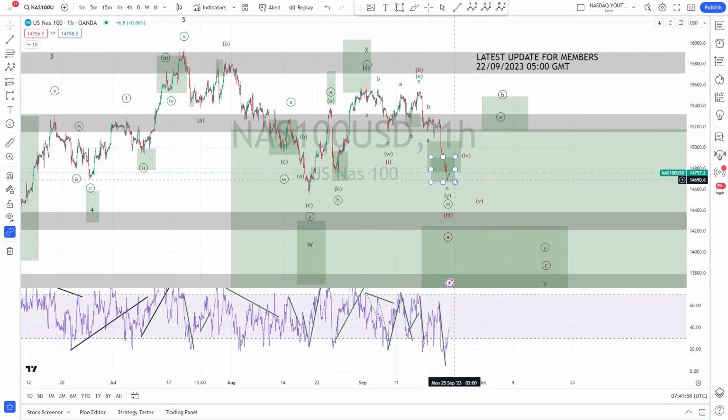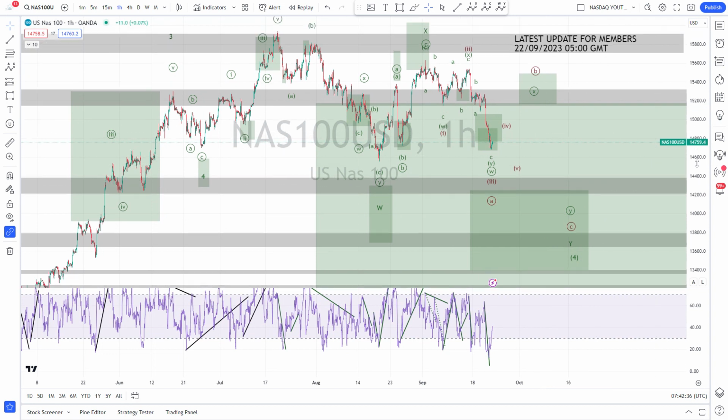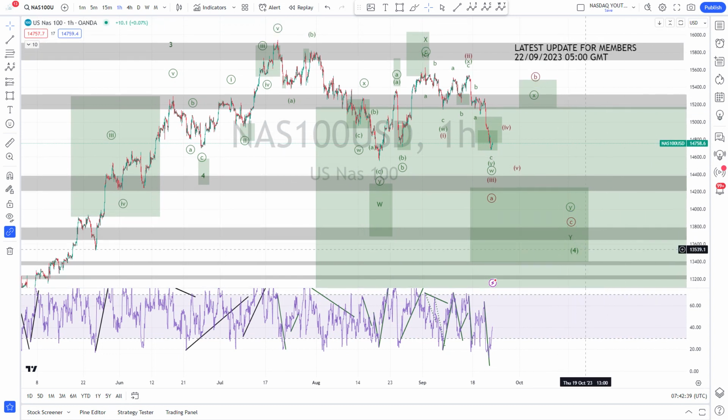If this low more or less holds, or maybe we could also have a marginal new low from here, but not really a distinct 4 and a 5, then I would go for the WXY scenario, and then actually the move is quite similar. After this down move as a wave W, we can expect some upside as a wave X, followed again by a wave Y. And in this move down, we should take out this low, and then this could mean the end of the wave 4 correction.